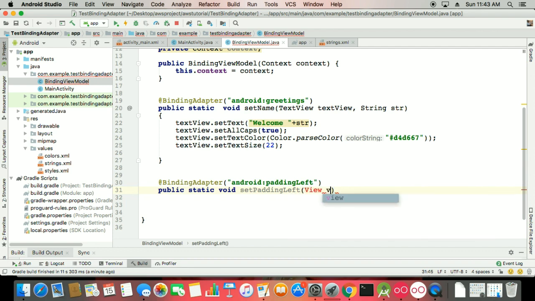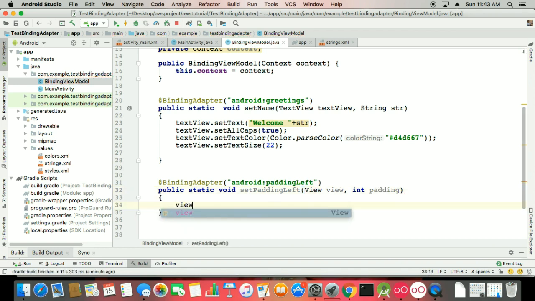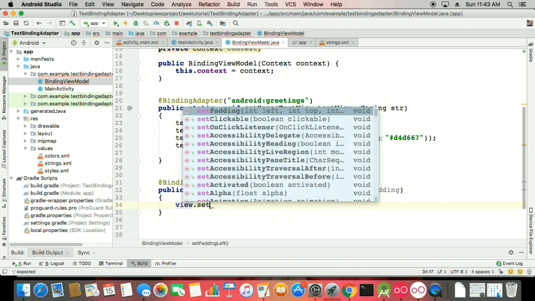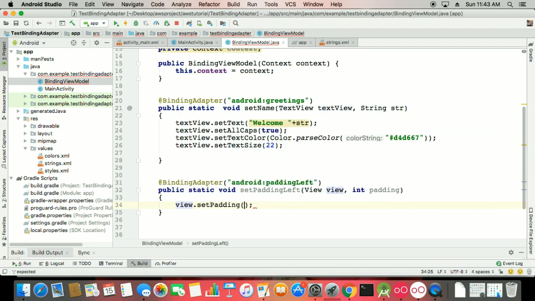So you can say that padding for the view. Here you can see int padding,